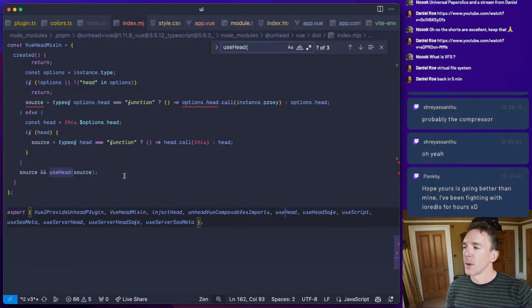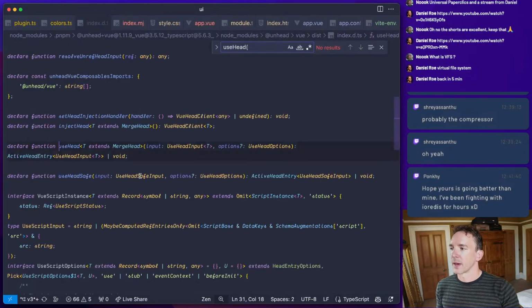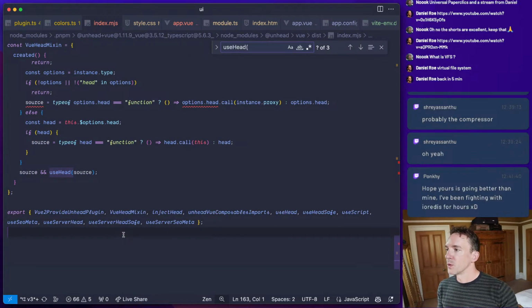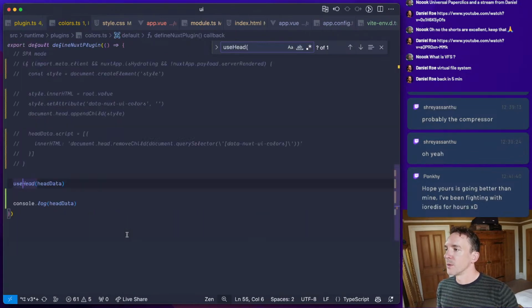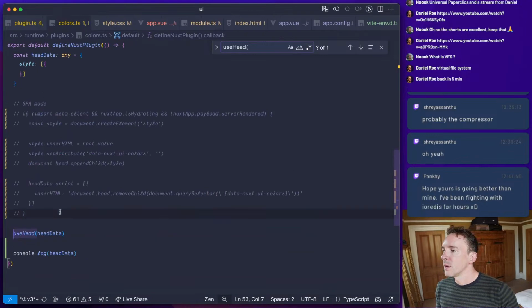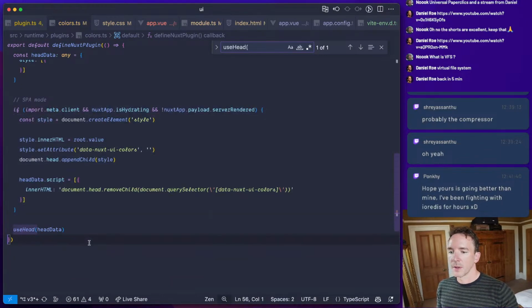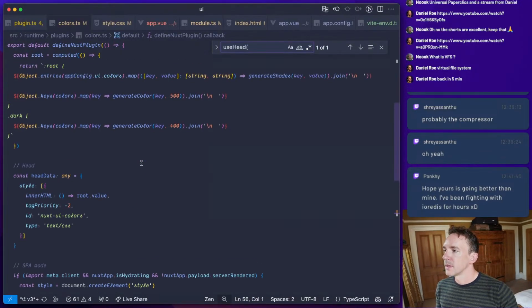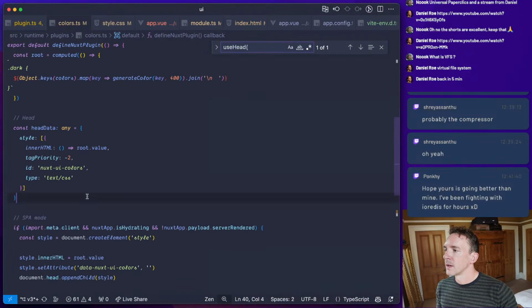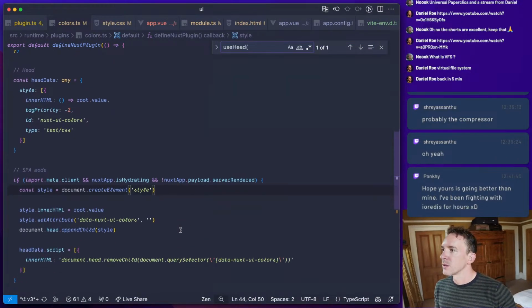Maybe there's an issue with the fact that I'm just importing from Vue use of unhead Vue. So I don't know why it's not affecting the document. But let's just try this.